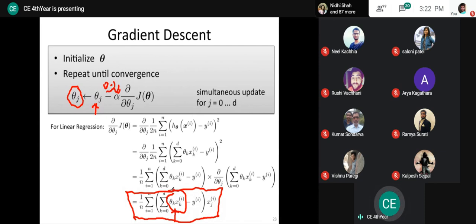So if we just summarize, you just need to consider only three equations: the hypothesis, your loss function, and the third one, the gradient descent, or you can say your learning algorithm. Fine. So that's it in this linear regression. Only three terminologies: hypothesis, that is our y hat, or h of x. The second is the loss, that is the square error loss that we have considered. And the third is the gradient descent. And we have derived the equation for the gradient descent.